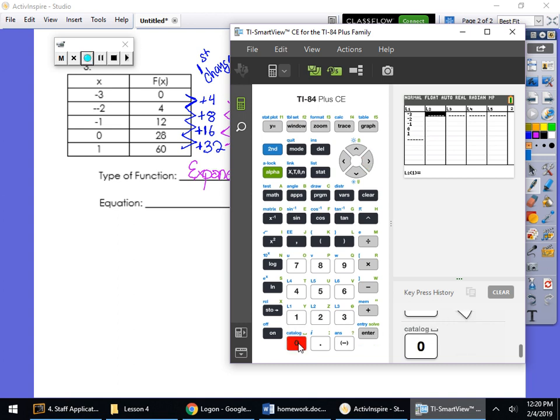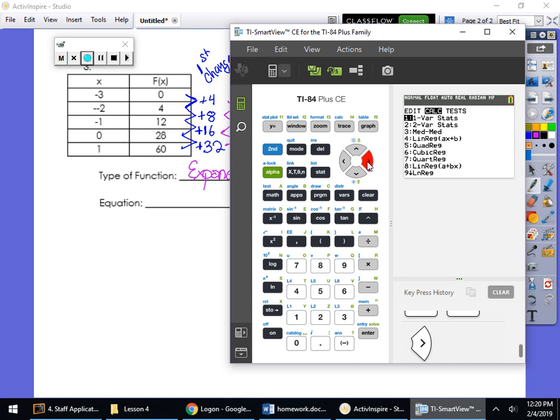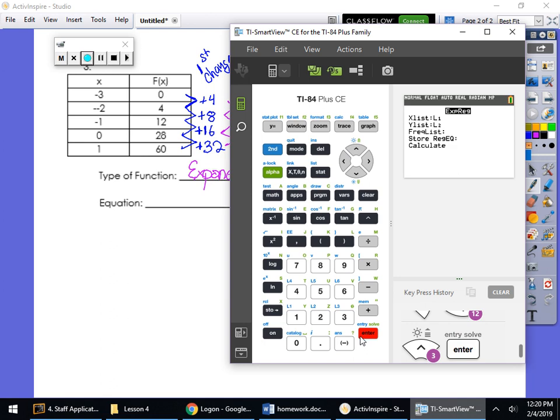And then we have 0, 4, 12, 28, 60. So I type in my numbers, I go to stat, over to calculate, and now I'm looking for exponential, well, linear, quadratic. I'm looking for the one that says EXP. It's number 0, so I go to 0 for exponential. I hit enter. I did list 1, list 2, and now we can calculate. So I hit enter, and